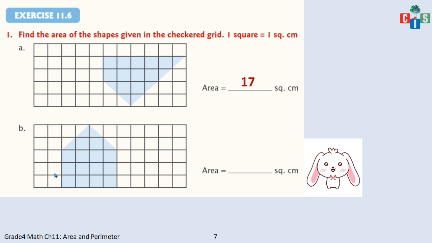Fine. Let's begin with this. It's 1, 2, 3, 4. 4 3s are, it's 1, 2, 3. So 4 3s are 12. 13, 14, 15, 16, 17 and 18. So we will have 18 square centimeter for this figure. And we have thus found out the area of both the figures. Okay. I hope it's clear to you.